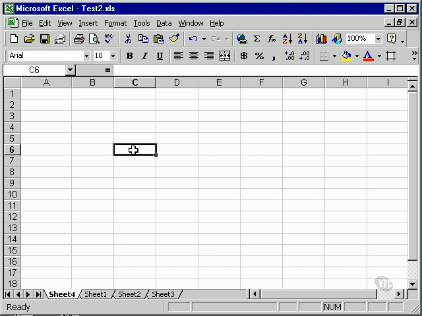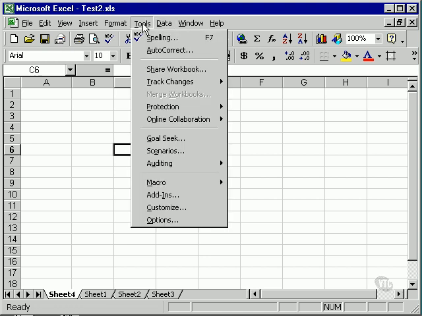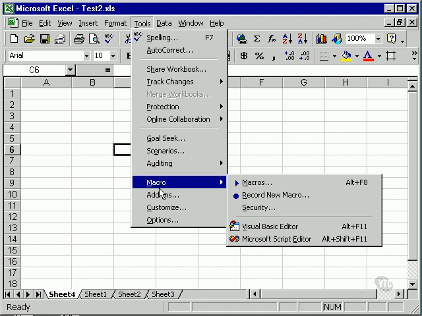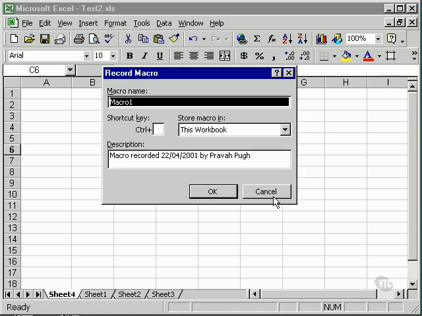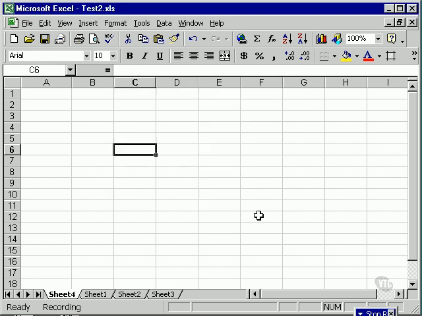You can go back later and amend things, but it's a lot more efficient if you do it right the first time. Anyway, in order to record a macro, you go up to the Tools menu, head down to the Macros choice, and select Record New Macro. That gives us some default settings here in the Record Macro dialog box. The macro name is Macro1. We'll just leave it at that for the time being. And we'll store the macro that we're going to record in the workbook. There's some default text there, a description of the macro, and we'll just keep that as it is for the time being. On pressing OK,